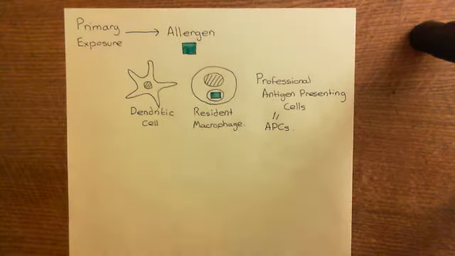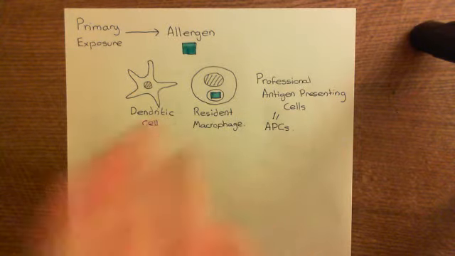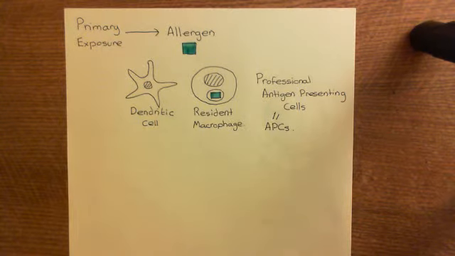The dendritic cell is very, very difficult to draw. It requires effort. This one is far easier to draw, and it's far easier to draw later when we've got to draw immune synapses. It's a nightmare to draw immune synapses on a dendritic cell, whereas it's quite easy to draw them on a resident macrophage. Now, this is kind of unfair, however, because dendritic cells are actually far better at presenting antigen to